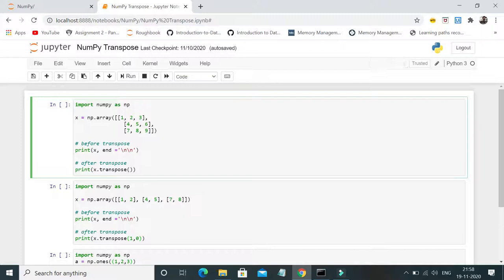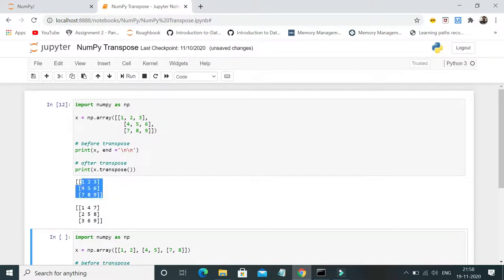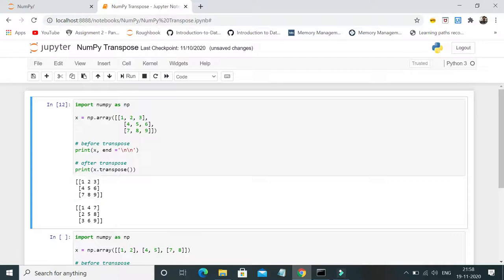So as I said, transpose can be done by mentioning a transpose method, as I'm highlighting here. In this first example, I've declared a numpy array which shows a 3 by 3 matrix of elements, and I'm transposing the numpy array using the transpose method. Okay, I'm gonna quickly run this. If you see my output before transpose, it's just an array of elements, starting with 1 2 3, 4 5 6 and 7 8 9.